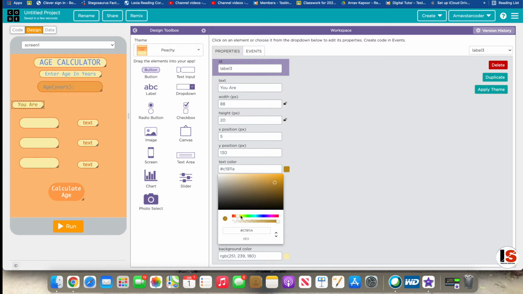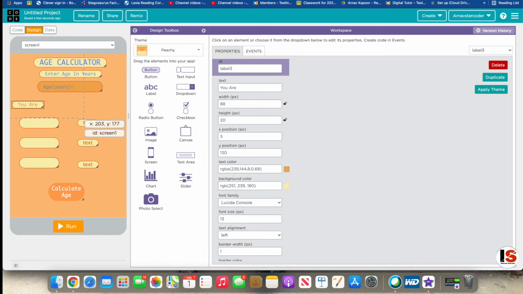Orange, yellow, like bright yellow, transparent, orange, transparent it a little, make it darker. Yeah, that's really good. Here on these labels, we needed to write in hours old, hours